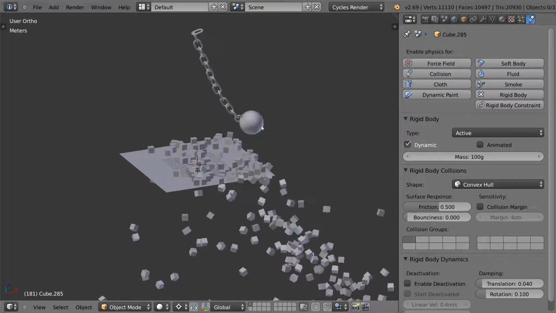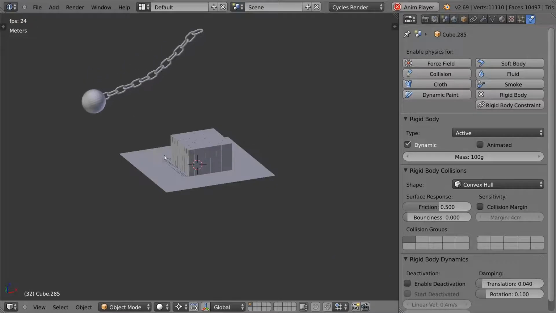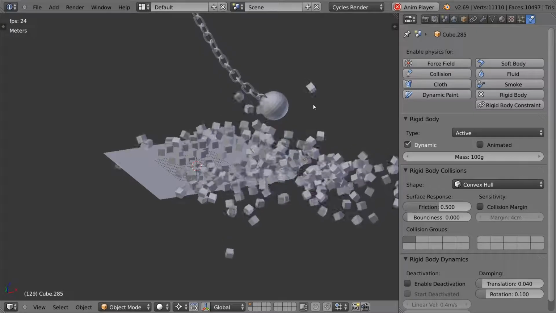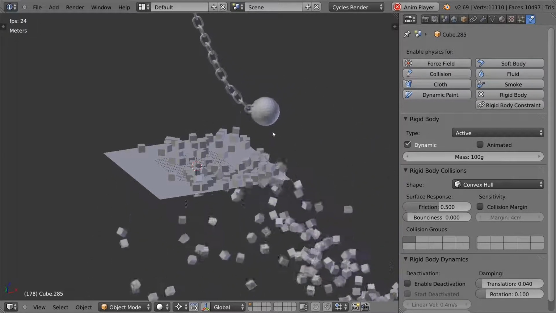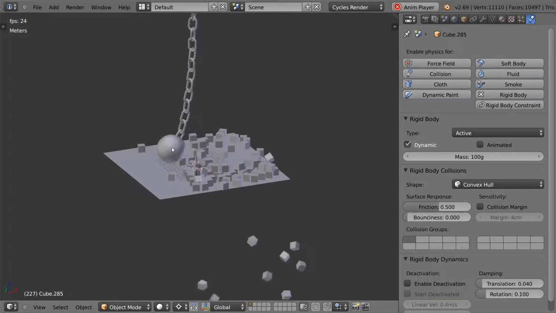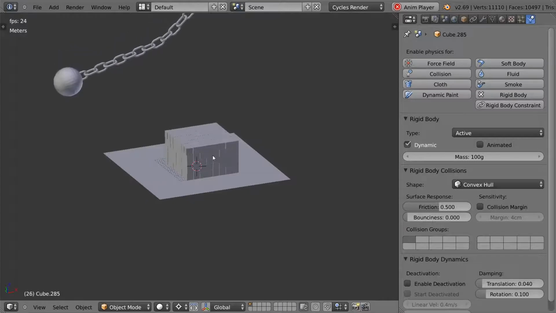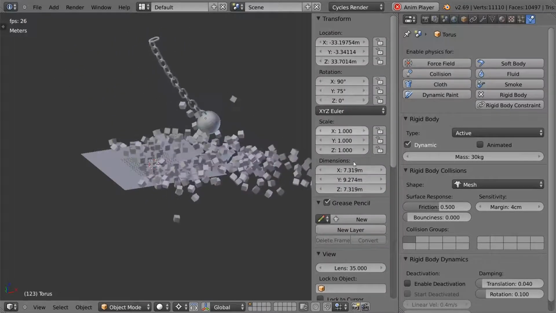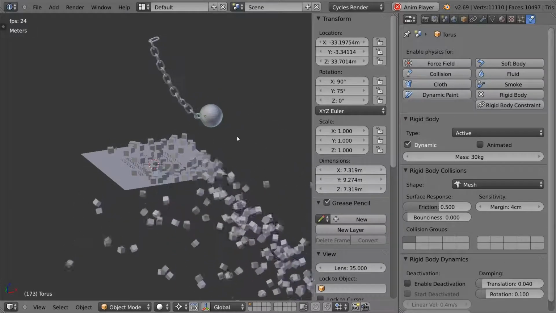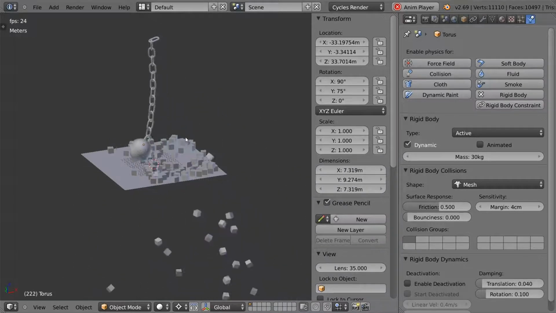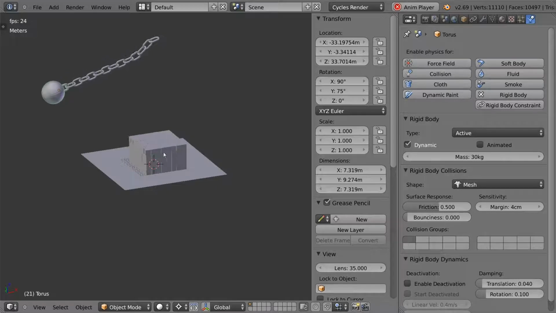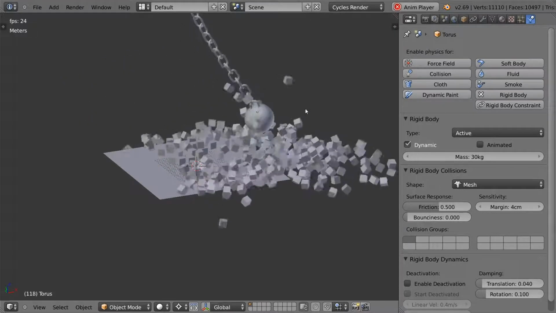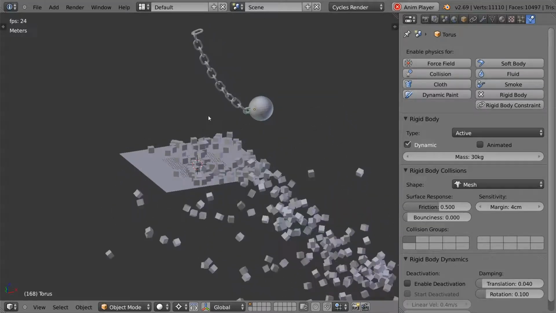So one final thing to note is that everything is moving very slowly. Like if you look at the way these boxes are falling, it's really not behaving like gravity is. Like everything is going really, really slowly. And the reason for that is everything is huge. Like the size of this wrecking ball, let's see how big it is. It's like 10 meters high, okay? What's that, like a 4-story building or something? So it's ridiculously huge. So the simulation is actually playing at the right speed, but it looks strange at this